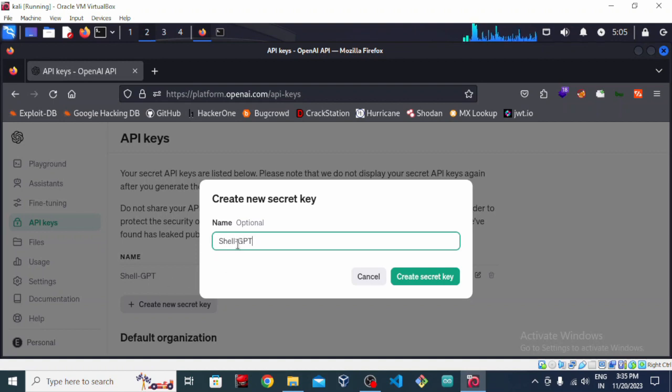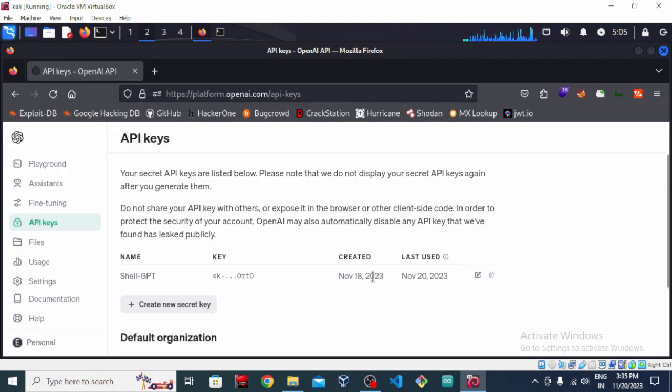This is purely optional. You can choose the name of your choice, but I'm going to skip this because I had already done it. After clicking on create secret key, the API key will get generated and you can copy it from here. I had already done that, and after generating the API key,